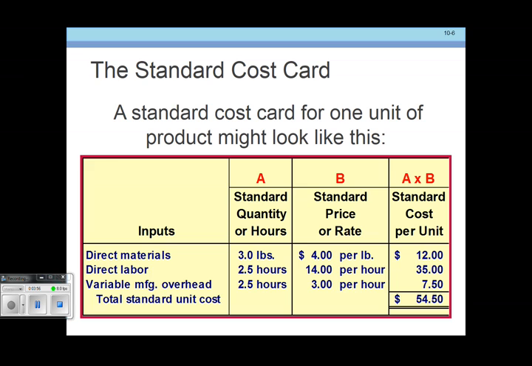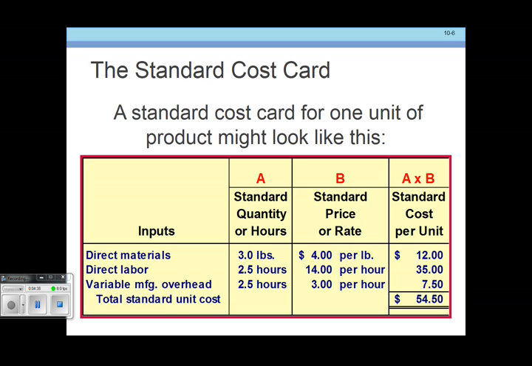Now, we're going to have some sort of a standard cost. They have here a card, obviously. In today's day and age, it's all going to be on the computer. But notice what they have: the inputs, direct materials, direct labor, and manufacturing overhead. They have the standard quantity of hours, how many pounds of materials it should take for this particular item, how many labor hours it should take, and then how many variable manufacturing overhead hours, and once again, it's 2.5 hours, probably labor hours. They multiplied it by the standard rate, and they got the standard cost, and they said the standard cost was $54.50. And that's all well and good, but if it cost $52,